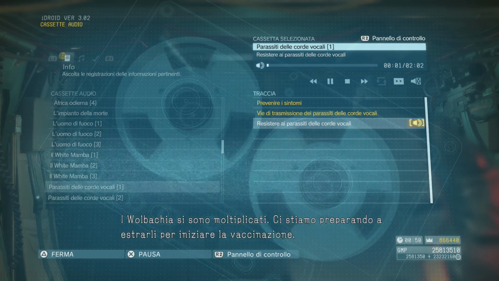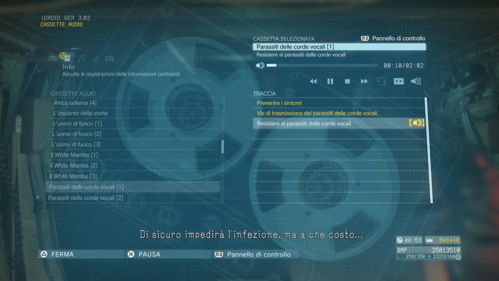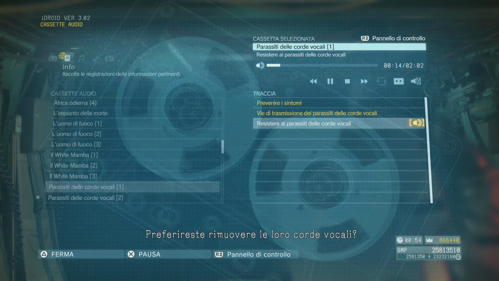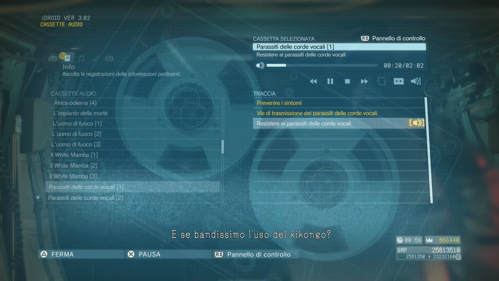The Wolbachia have multiplied. We're preparing to extract them and begin vaccinating. But is this really the only way? Sure, it'll prevent infection, but the cost? You would rather remove their vocal cords? No. Tactical communication's a linchpin of what we do. What if we were to ban the use of